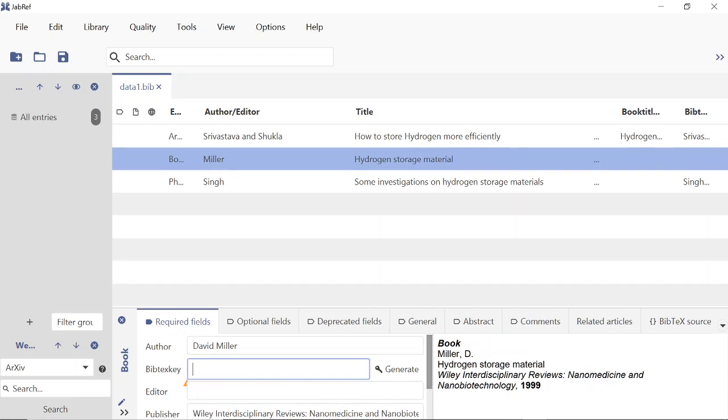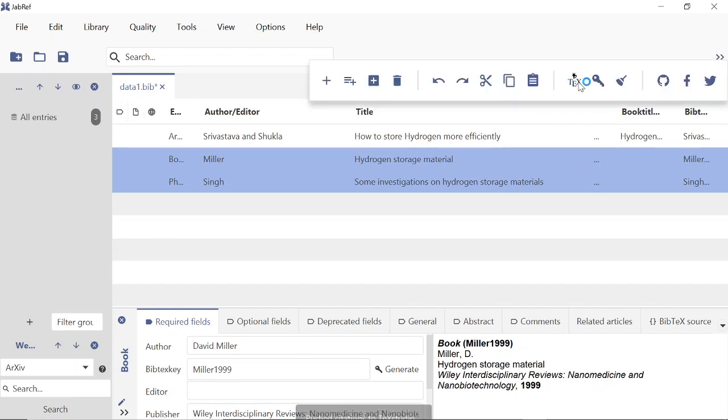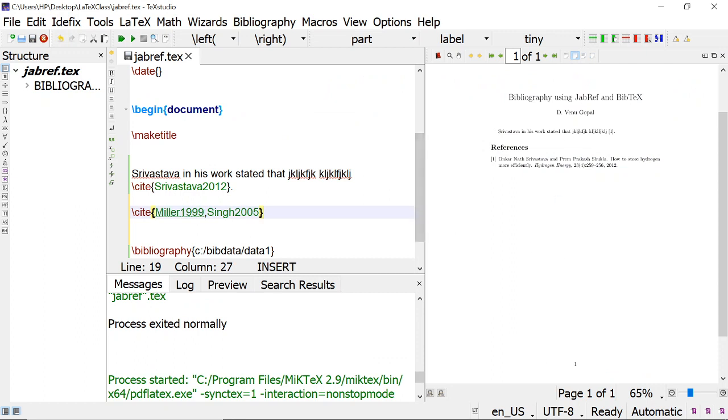Sorry, key not generated, that is why the mistake. Okay, now we are ready. We selected both. I am pushing to BibTeX. See, both are here. Now I can write some blah blah blah, whatever I want.